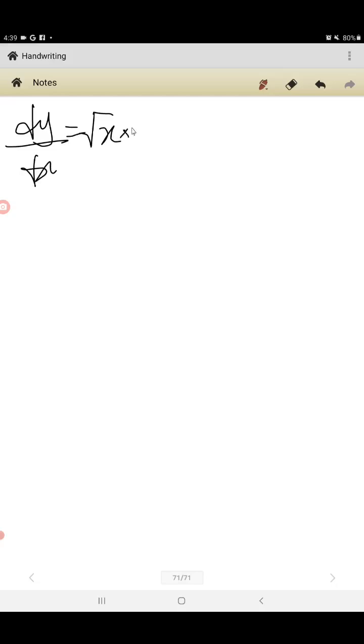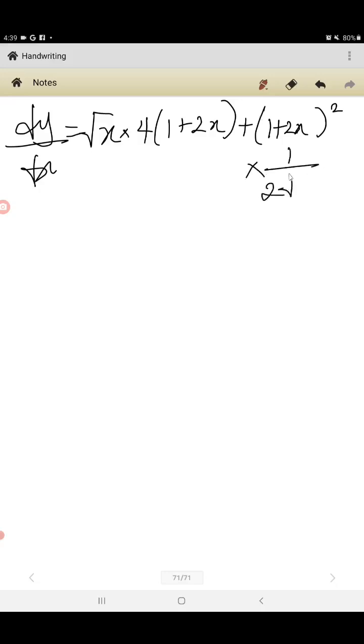Now multiply the value of our dv/dx, which is 4, as we got it the other time, by 1 plus 2x. Now plus the value of our v from the beginning, the one I explained as a composite rule, 2x all raised to power 2. Now multiply the value of the u, which is du/dx, the one I got, 1 over 2 root x. So in a simplified form, we have